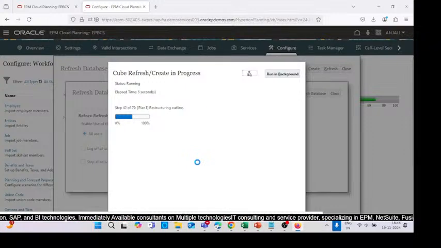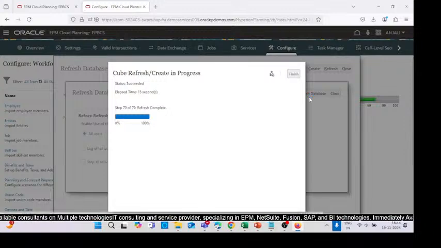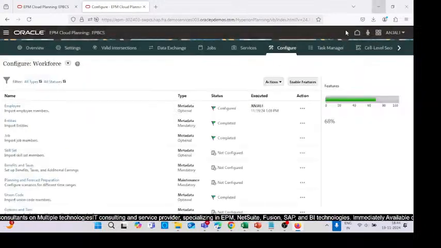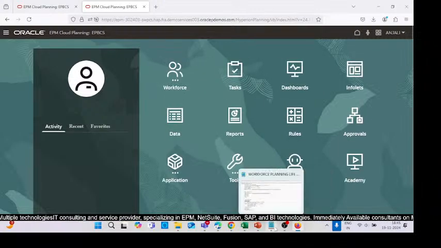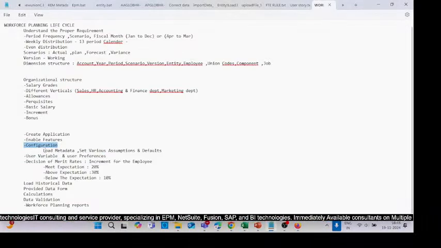Because unless we refresh the database, sometimes we don't get all the things which we have loaded in the application. So database refresh is very much important every time we change the structure of the application. Okay, now directly I'll click on the home page, and the next thing you can clearly see here, after loading